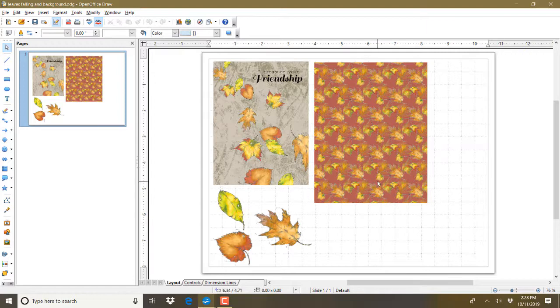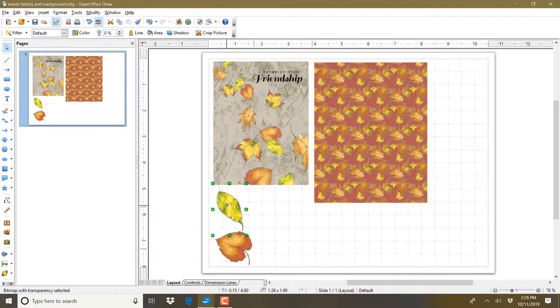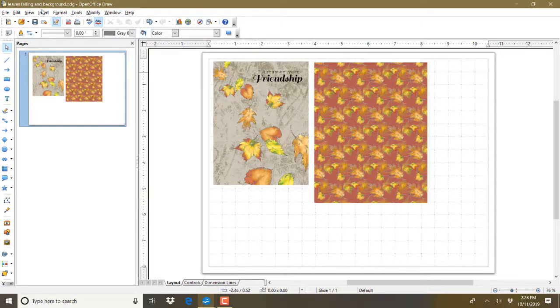But I also didn't do these. After I printed this out, I decided to use a pumpkin instead. So we are going to delete these. Just click and hit delete on my keyboard and insert instead